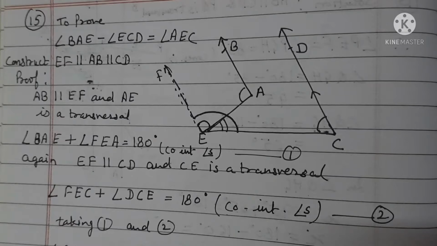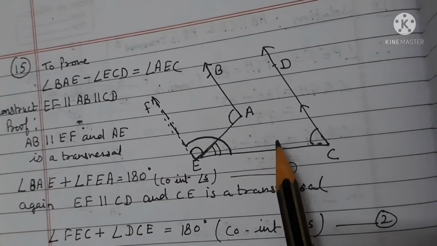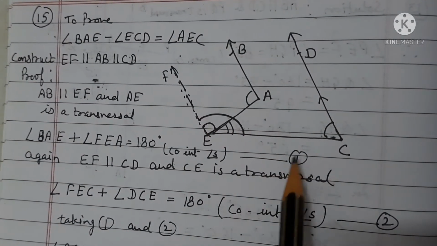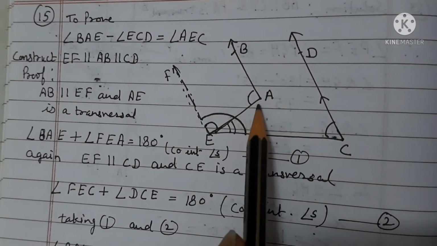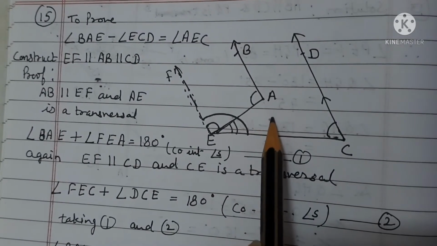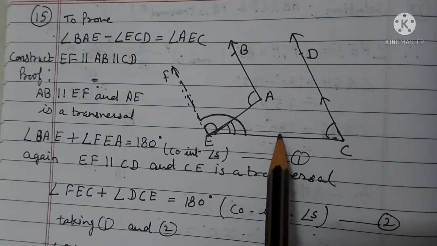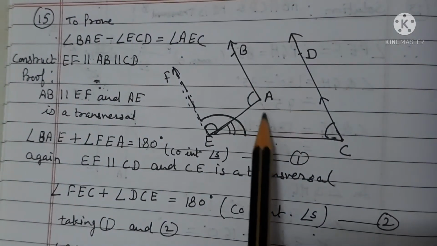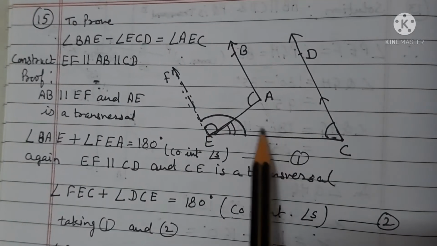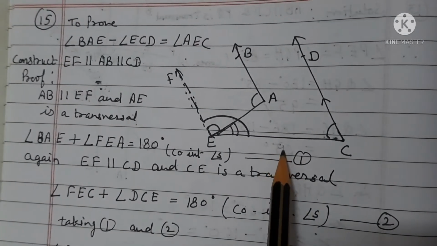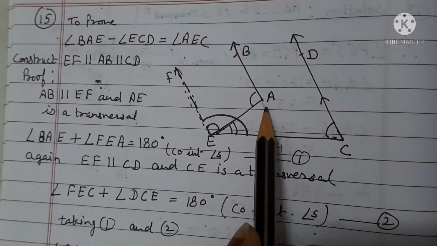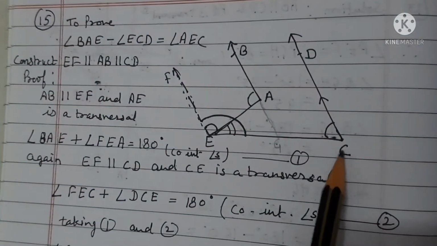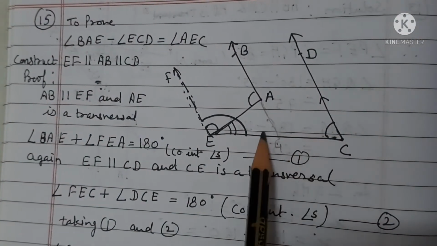Can you prove it by another method? Yes. I am only explaining another method, not doing it here. When you extend it like this, and give this name, suppose BA and this is FG, suppose this point is G, extend it, or it is parallel to CD. So these two are corresponding angles.